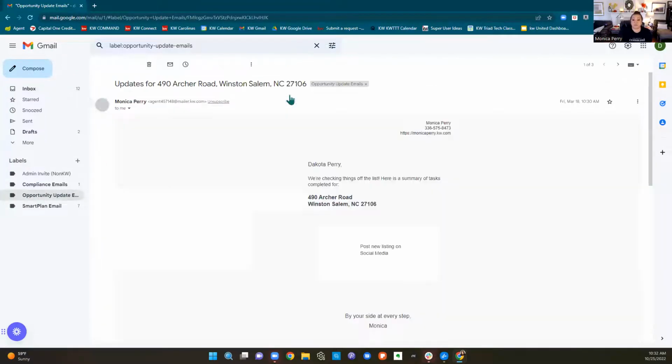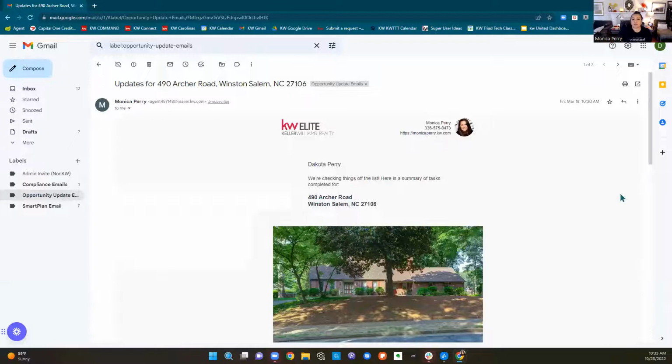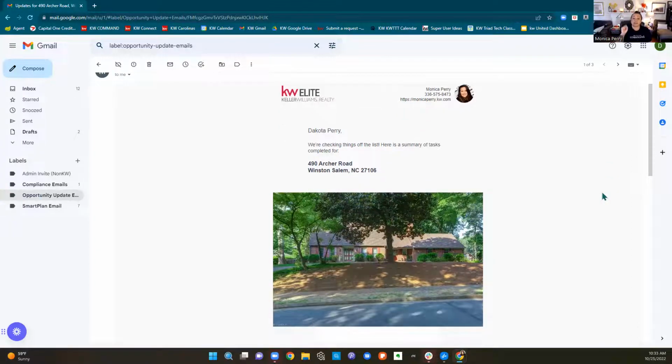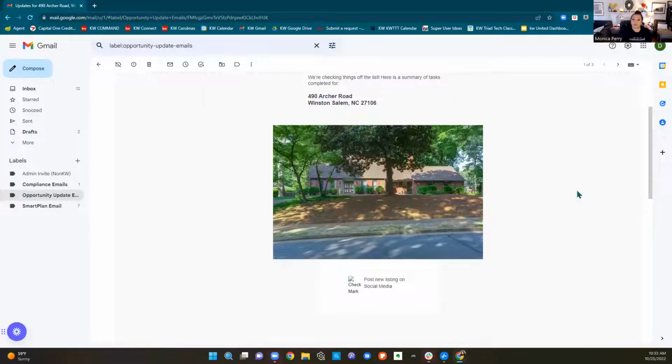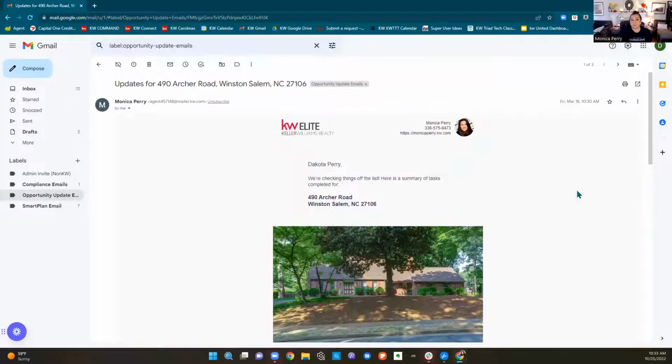listed a house with me. And so this is what the email would look like. Branded to you, just like the email we looked at yesterday. We're checking things off the list. Here's a summary of the tasks that we completed for your listing at this address. If it's a listing and you have the listing connected to the opportunity, the front image will show up in the email. If it's a buyer, there is no email. Okay. But this is what it would look like